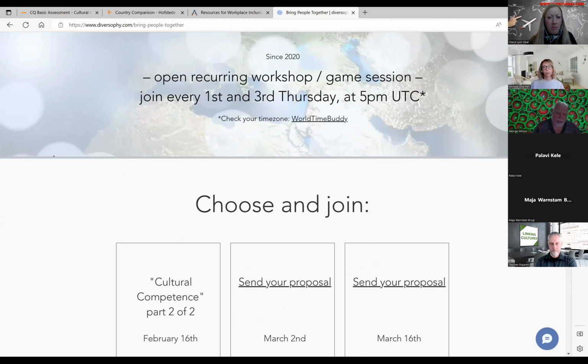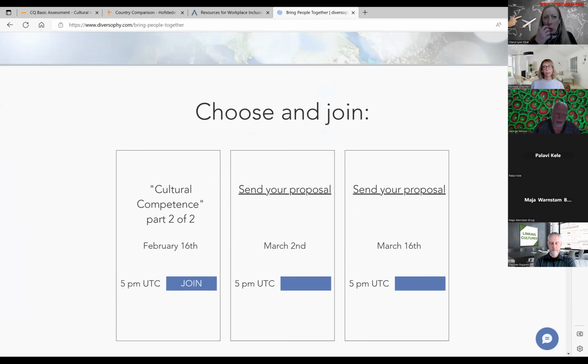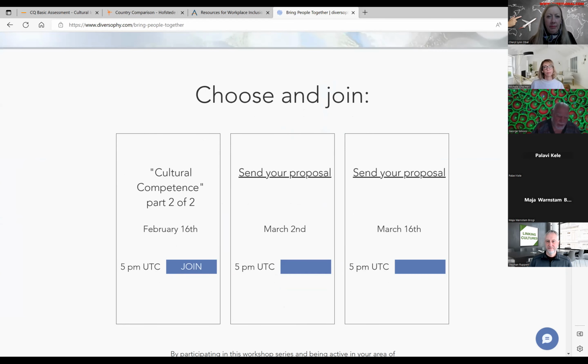We played our game on cultural competence on February 2nd. Then there's a second one on cultural competence on February 16th. As I say, the games have up to 250 cards in them, and in a single discussion for a couple of hours, we may only talk about 5 or 10 cards. The discussions are really, really rich. So I'm open to questions about this or anything else you think I should know. All of these things are available from the website.